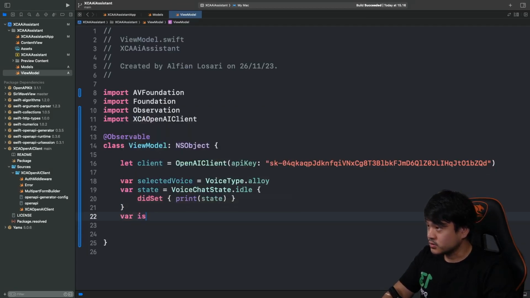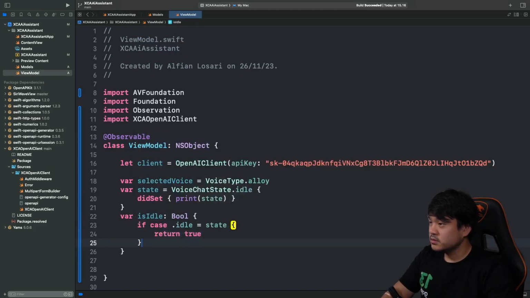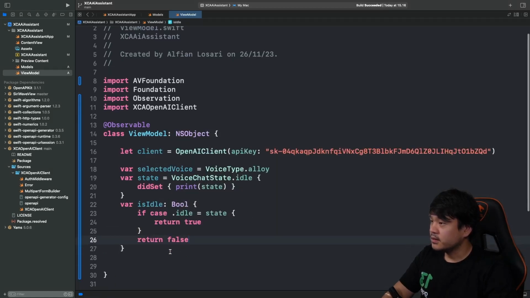And let's also add this isIdle computed property, which will basically just use if case idle state, return true, else return false. And let's also declare this audioPower, which is a Double with default value of 0.0.